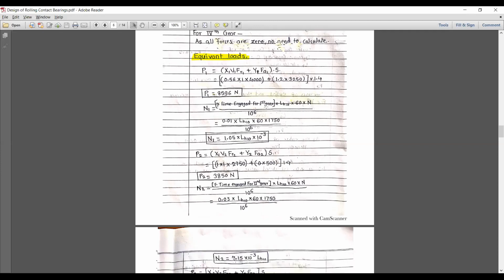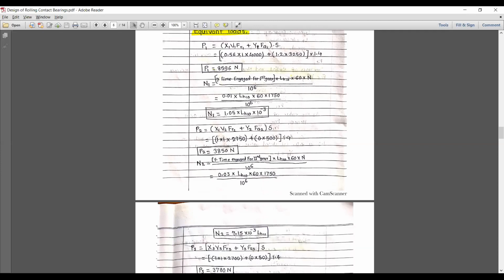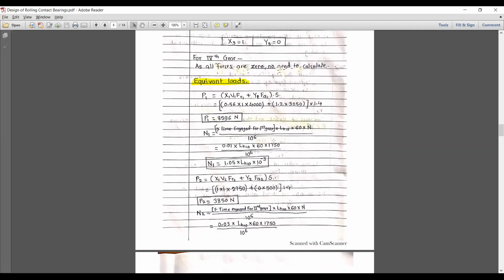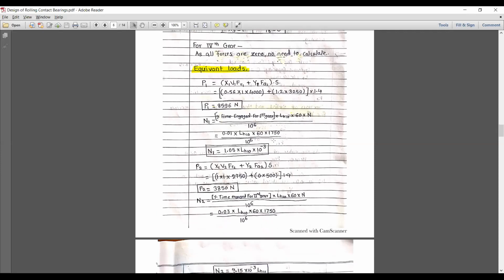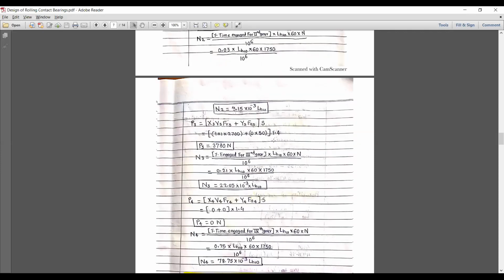ठीक है, then first we are putting all the values. What we get, N1 is equal to 1.05 into L10H into 10 raised to 6, into 10 raised to minus 3. Similarly, we calculated the equivalent load as well as the equivalent life of bearing in million revolutions for each gear. Here for P2 and P3, P2 is given. For P3,